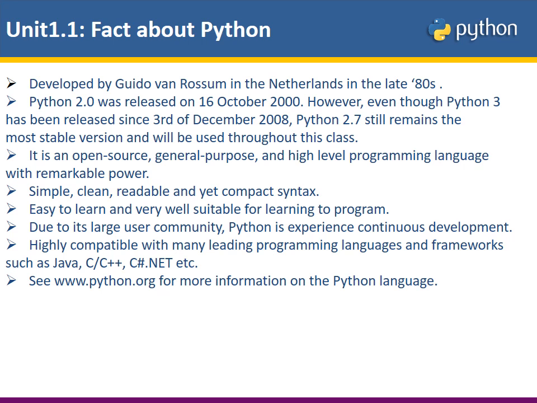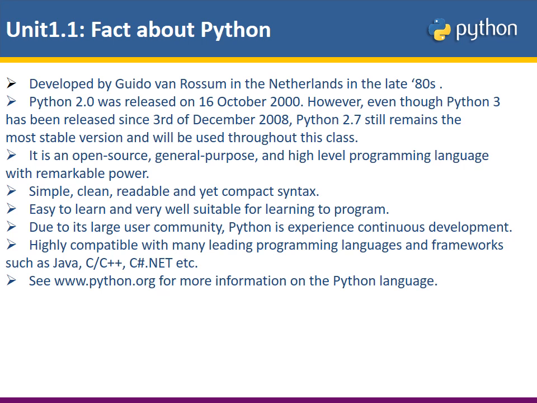Python programming language was developed by Guido van Rossum in the Netherlands in the late 80s. Python 2.0 was first released on 16 October 2000. That's the first version of Python 2.0 that was released. However, Python 3 has been released since, after Python 2, on the 3rd of December